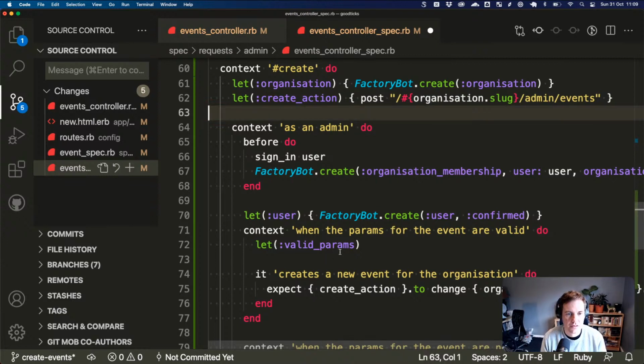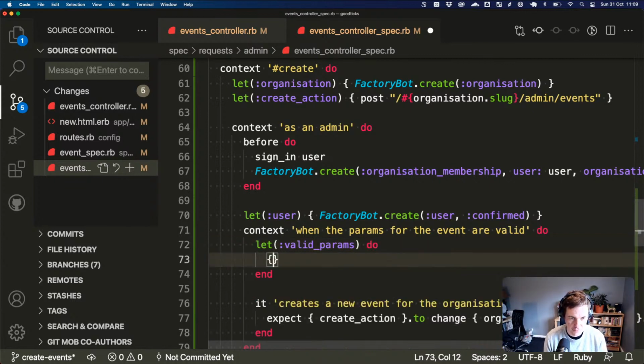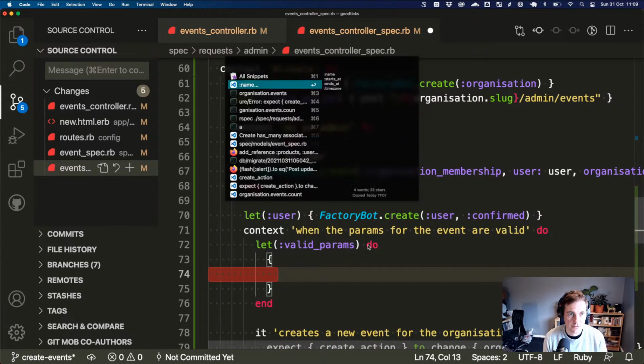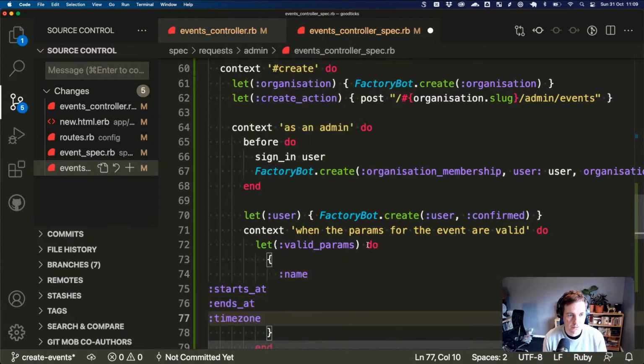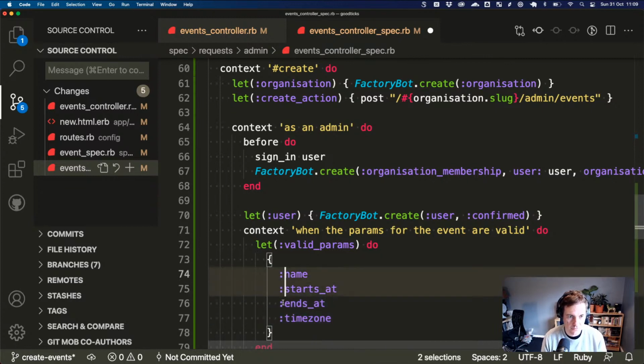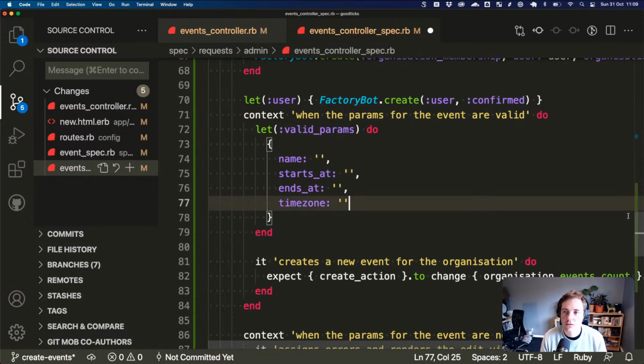Yeah, let me come back to that for a second. So let's do the params first. And we want, actually we still want these 4, don't we? But we just need to give them some values. They can all be string values for now. And we can say,